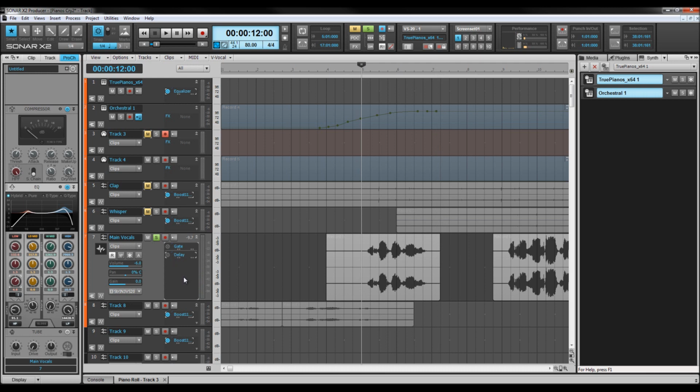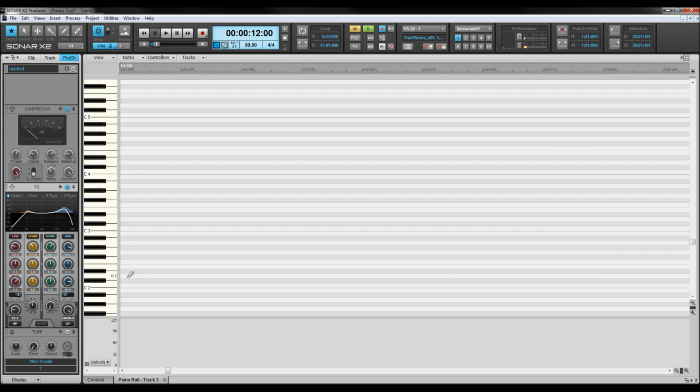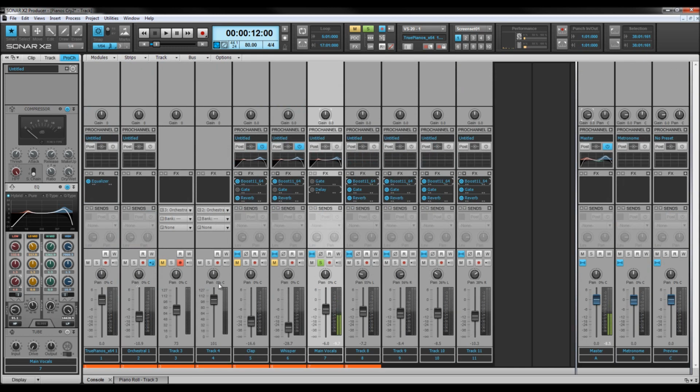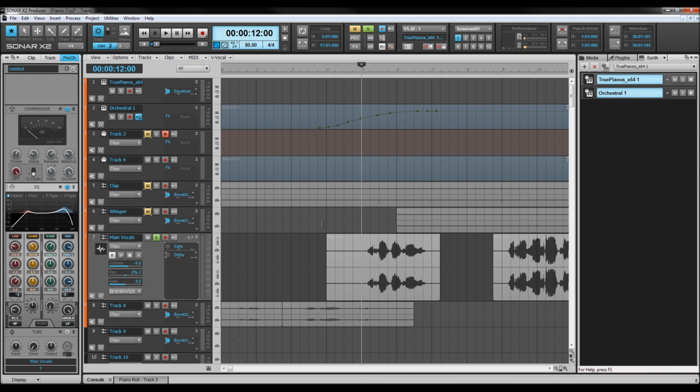The first thing that I tend to do is gain correct it if it needs it, and that is using the gain knob to decrease the volume, not the fader. So you come over here to the console view, and I would decrease the gain knob up here if it needed it. As it happens, it doesn't, because later on in the song I'm actually having to decrease it with the fader. But it didn't need any gain correction to begin with, so I didn't need to do that. And the next thing I would do would be to add